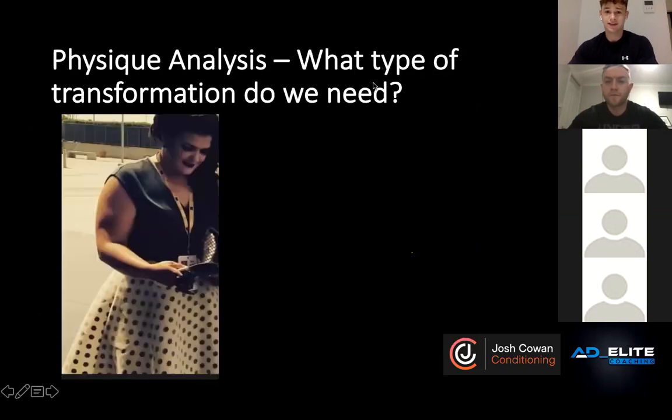And then physique analysis, what type of transformation do we need? So this is a good indicator. Geraldine is probably one of my first ever clients. Never got a before photo from her. It was kind of a shame towards the end, because we got so far, and we would have loved to see the proper transformation, but still,